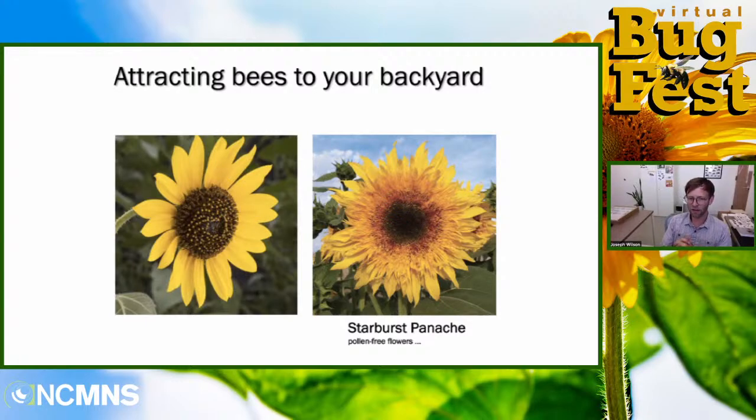Yes, they might visit it for nectar, but many of the native bees are after pollen and nectar. And you can often tell when you're at your plant nursery, the flowers that might be more attractive to bees are often the simpler looking flowers. So for example, I don't have a picture here, but there's Gerbera daisies that you often see in bouquets, and then there's wild daisies. The Gerbera daisies have extra rows of petals, and they just look a little bit more full, just like this starburst sunflower on the right has extra rows of petals. It's kind of a hybrid of sorts, and so it is less attractive.